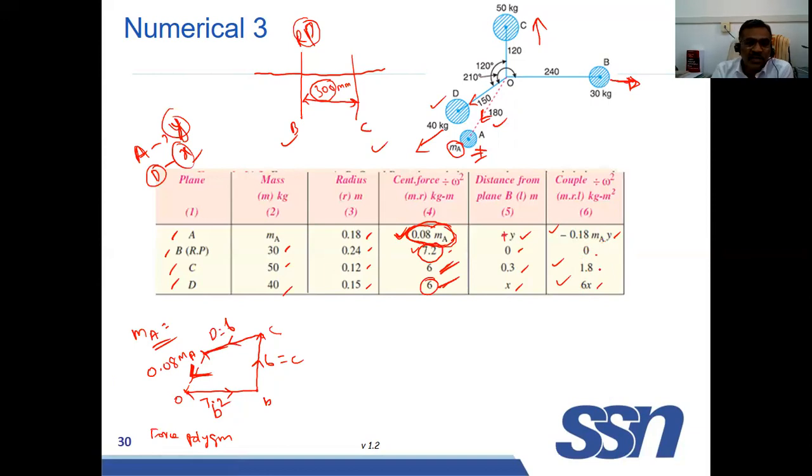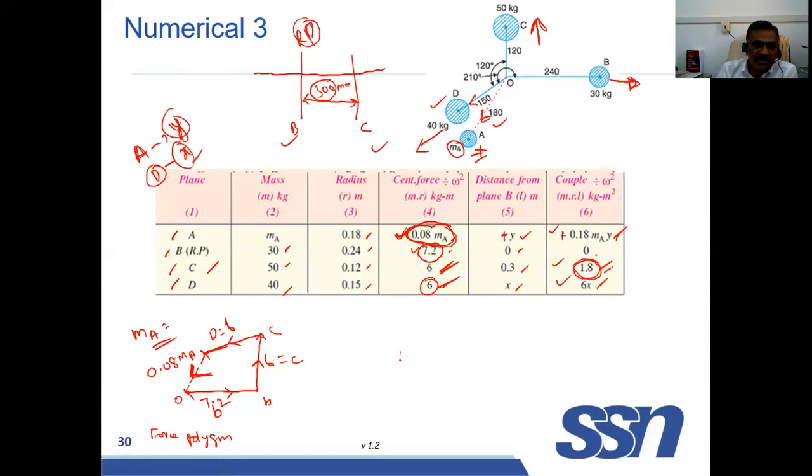So first you draw this 0.8. What is this 0.8? This corresponds to C. What's the direction? It is vertical. So what is the value? 1.8. Always draw the known one first. Here there are two unknowns, and this is also unknown. Only the known one is this. You draw this. What is the direction? Vertical. What is the value? 1.8.